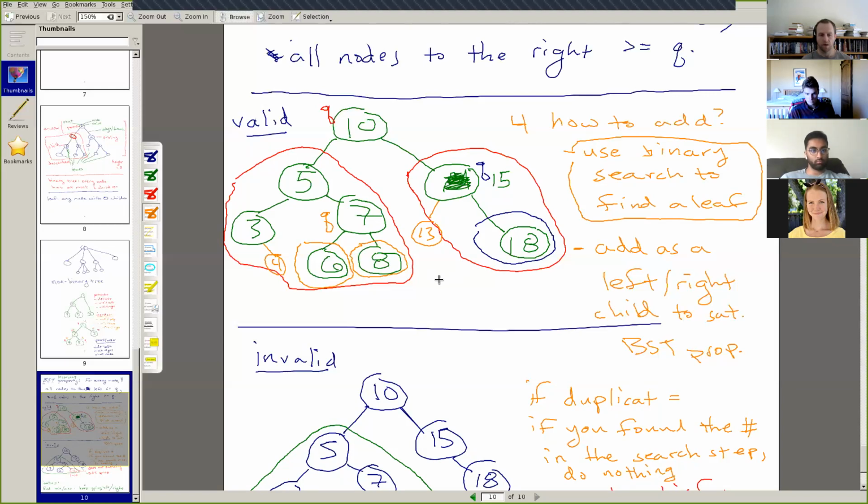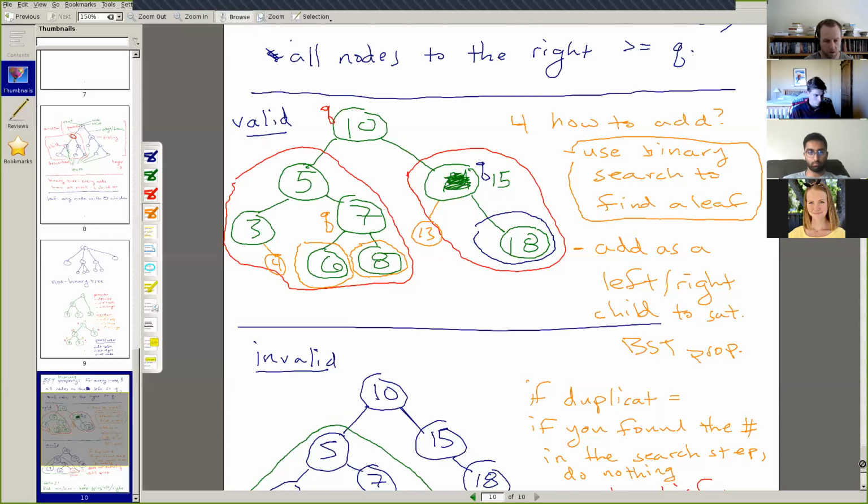Okay, the last operation that is important for your binary search trees is deleting or removing values from a binary search tree. And this is going to be by far the most complicated of the operations. So this is going to be the one that when you're implementing things, definitely save this one till the very end.